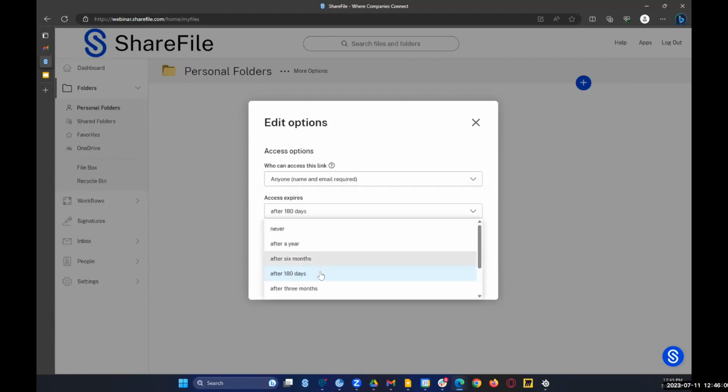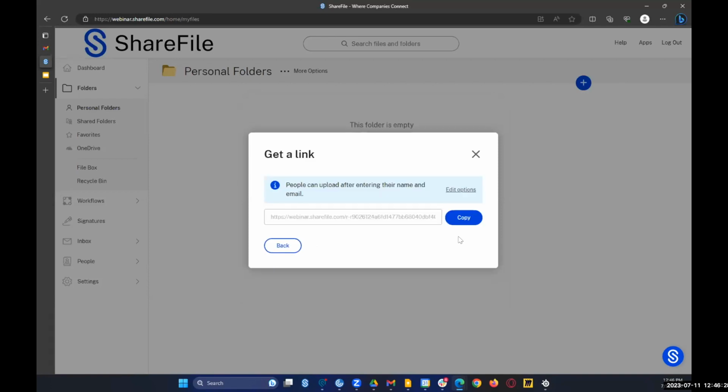And of course, when does that access expire? Once we do that, and I do recommend if you're putting a request file link, especially in your email signature, I recommend leaving the notifications turned on so that if someone uses that link, you'll get an email from ShareFile's system saying a file has been dropped off for you. But once we do that, we click Save, Copy, and now we've got an HTML link that we can embed